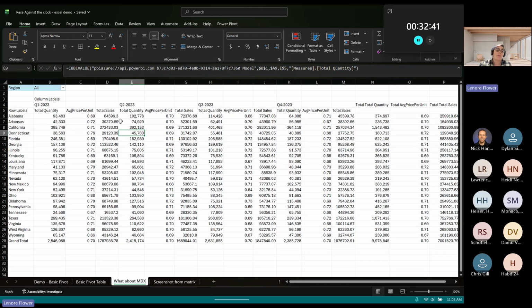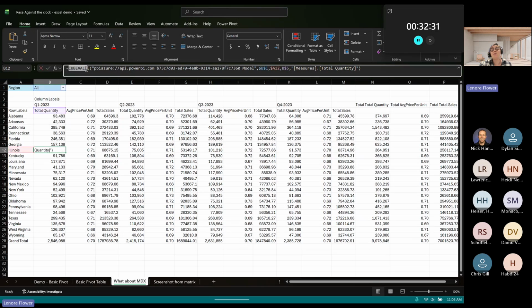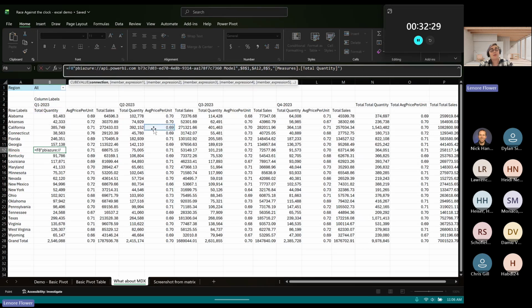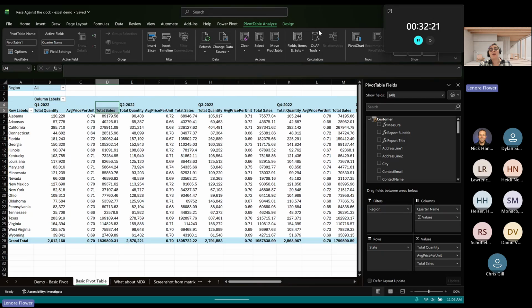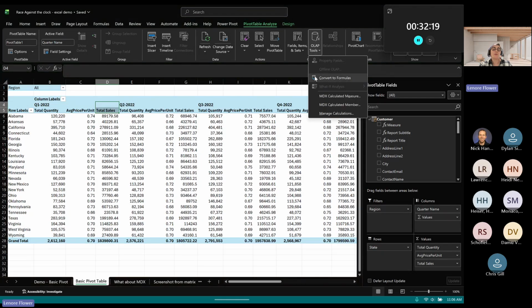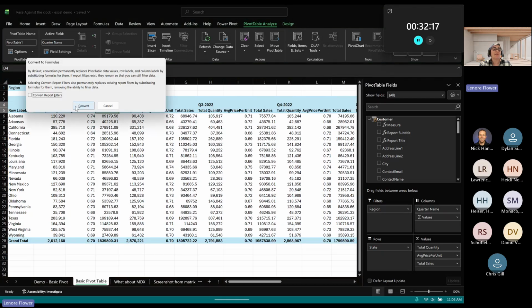I've done that before, but then you kind of have to learn MDX, multi-dimensional expressions, to be able to use the raw data that's coming in from here using cube value. The way I got to this was simply by taking the pivot table we have already from the Power BI service and then switching this to OLAP tools, convert to formulas.